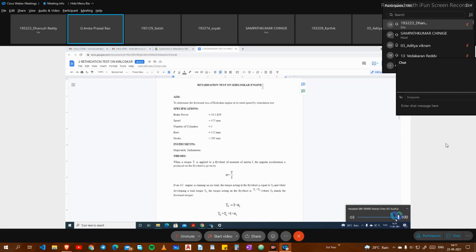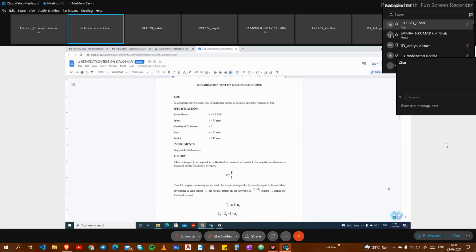The next one is the motoring test. We adopted a DC shunt dynamometer to run the engine. The power drawn from the external source is taken as an indicator of the power needed to overcome the friction when it is running at that speed. We ran the test at different speeds. The torque meter reading was noted, and the power corresponding to that speed we calculated from the formula 2 pi N T by 60.